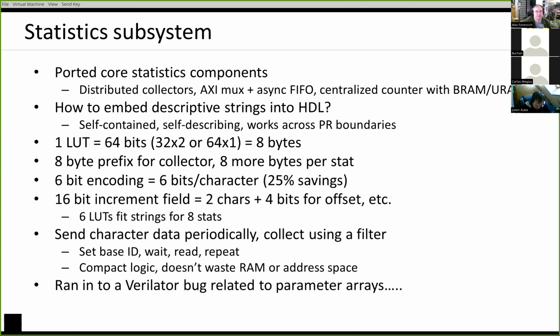And then there's several boards where you can't even access a flash from the FPGA, right? Some of the Intel devices, they have some Max 10 thing sitting in between. So you literally cannot read whatever you want out of the flash. So even if you said, hey, we're going to reserve this region of flash for a set of statistic strings, on a bunch of boards that just wouldn't even work. So yeah,